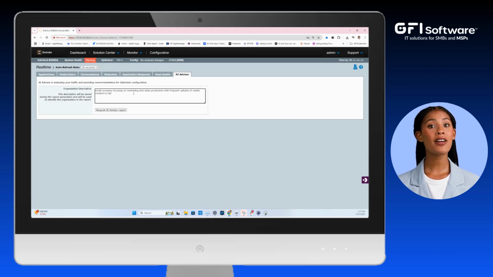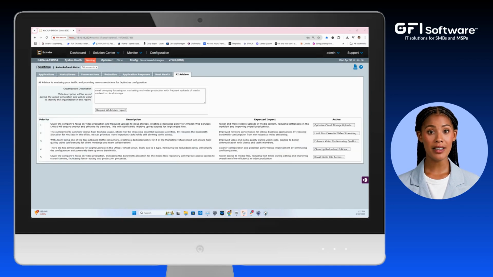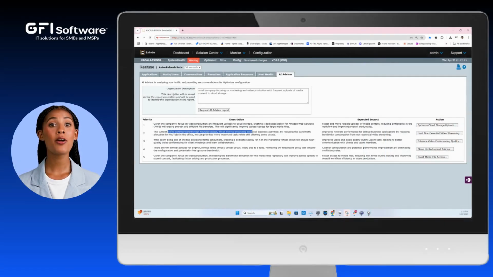The AI Advisor then evaluates and creates bespoke recommendations for improving the network for your business. This is delivered in the form of a prioritized list, which gives you a description of the requirement, the expected impact, and a clickable action button. The description gives you a view of the requirement, the action you can take, and the expected result in clear language. Let's look at priority number 2 on the list, reducing the bandwidth allocation of YouTube to prioritize more important